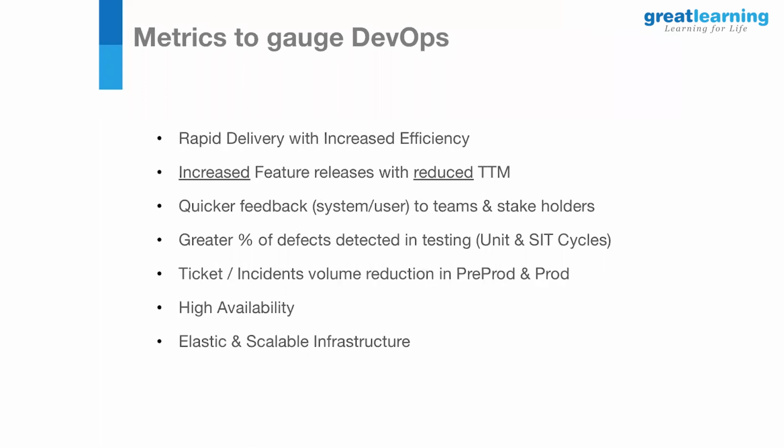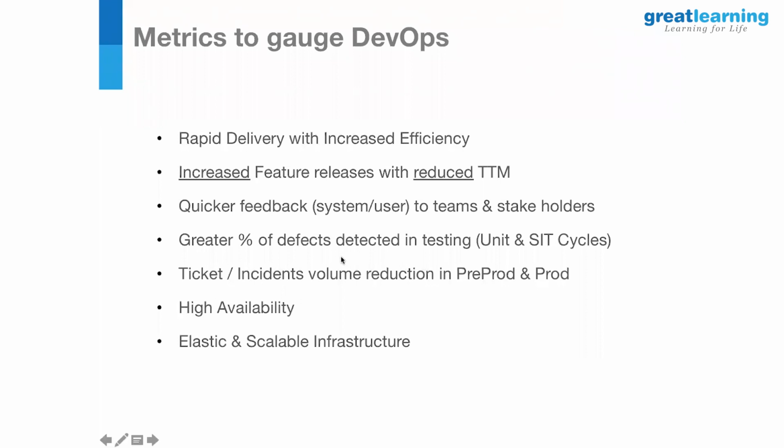And incidents in pre-prod or prod should have ideally come down drastically, because most of the things are taken care of as part of the CI/CD cycle, and it was acted upon quickly. We should ideally be having highly available, elastic, and scalable infrastructure from now on. You have a highly scalable build environment. You don't have to purchase them and keep them ready. They are up and running all the time. You don't have to take care unless you wanted to bring them down. So all these are your metrics that you would be interested in gauging.